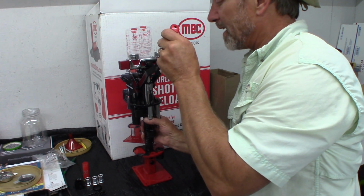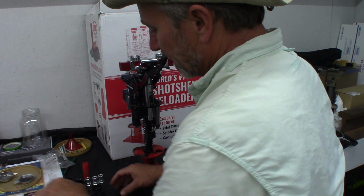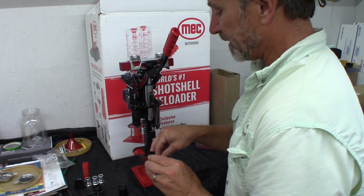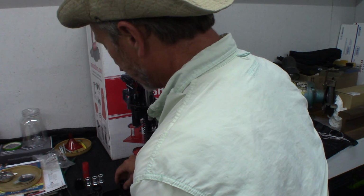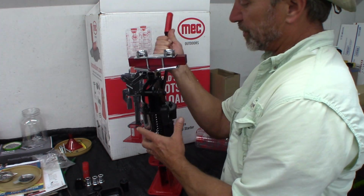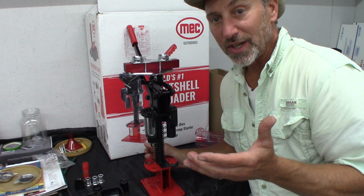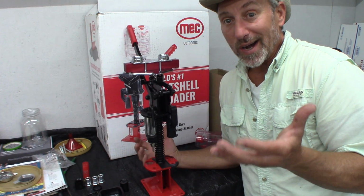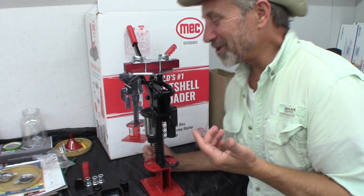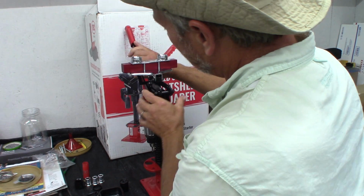Alright, to set this thing up, you get a bunch of parts and extra parts, and then you have one of the features that I really love about this machine, and a lot of you guys are going to say, wow, that's pretty cool. Anybody that knows anything about these shot loaders. And that is, it has this feature on it